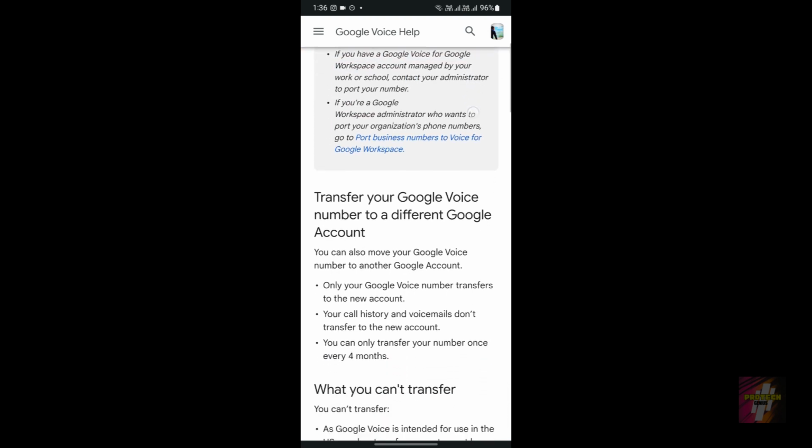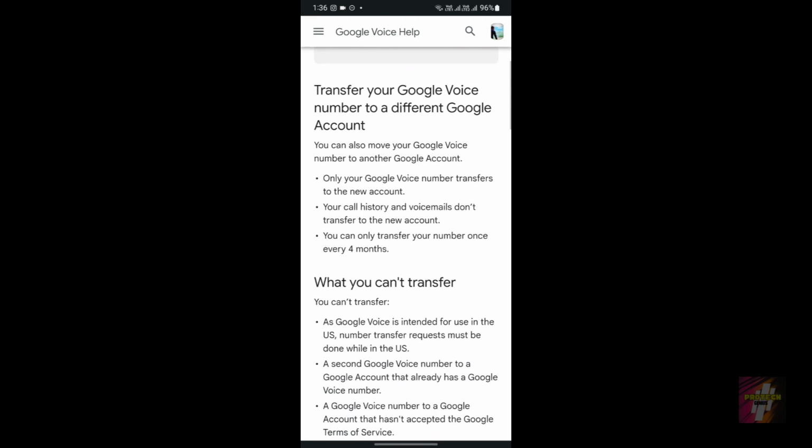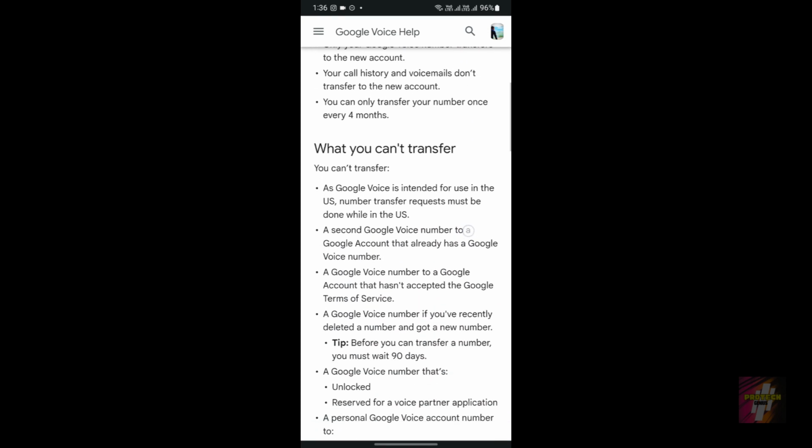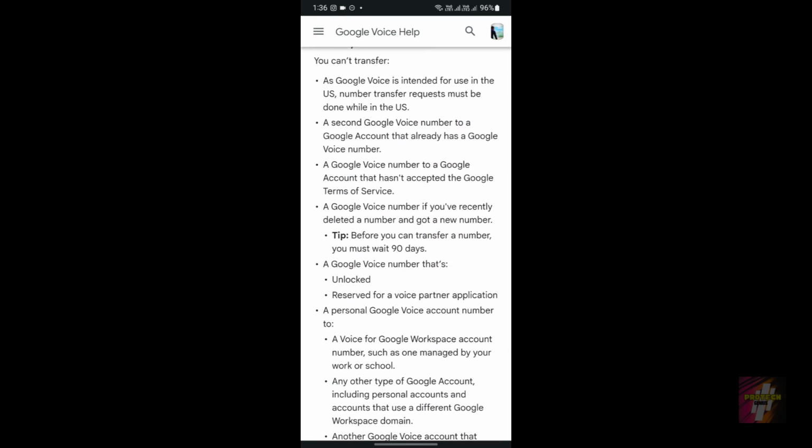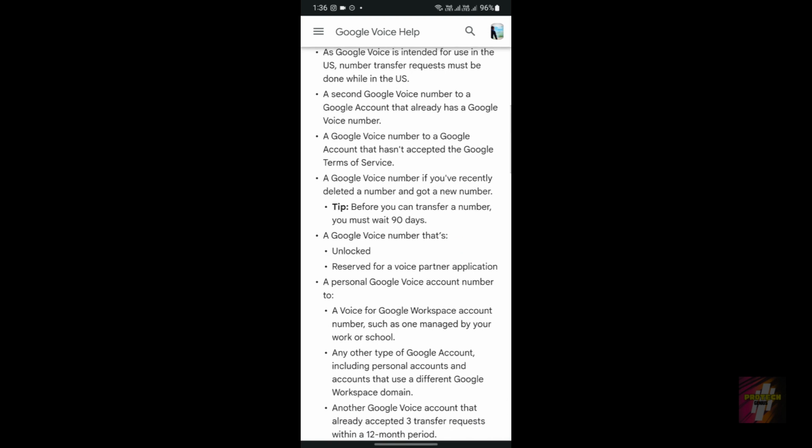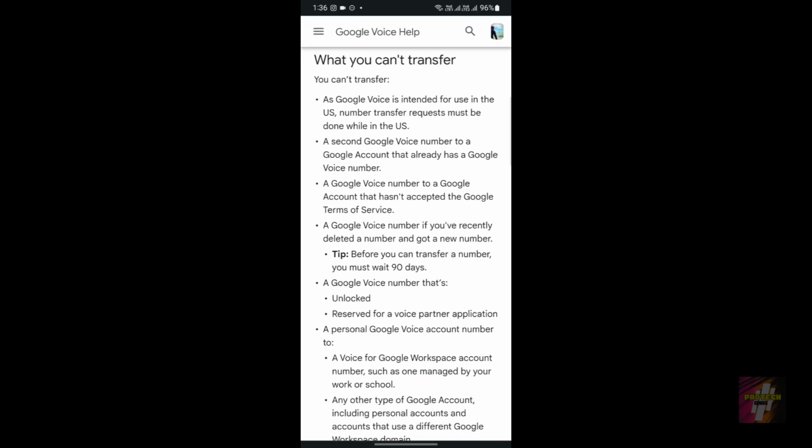Google Voice is intended only for your use in US. So if you're outside US, you won't be able to use it. Second, you can't transfer a Google Voice number to a Google account that already has a Google Voice number. You can't use two Google Voice numbers. Third, the account must have accepted the Google TOS.